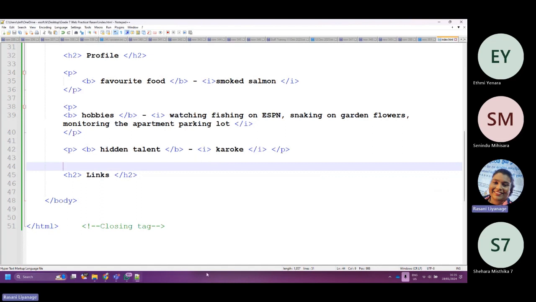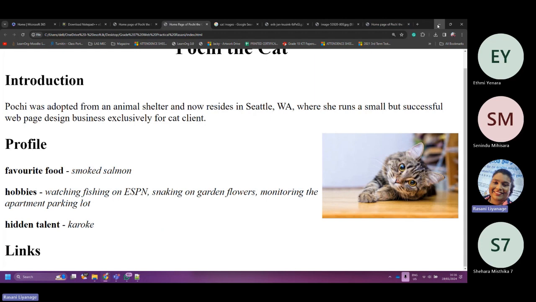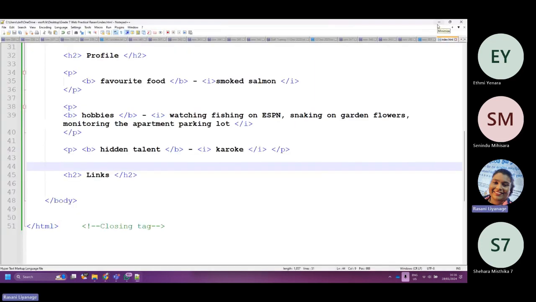So this is bold. Anyway, bold and italic both. We'll do underline to the heading text.